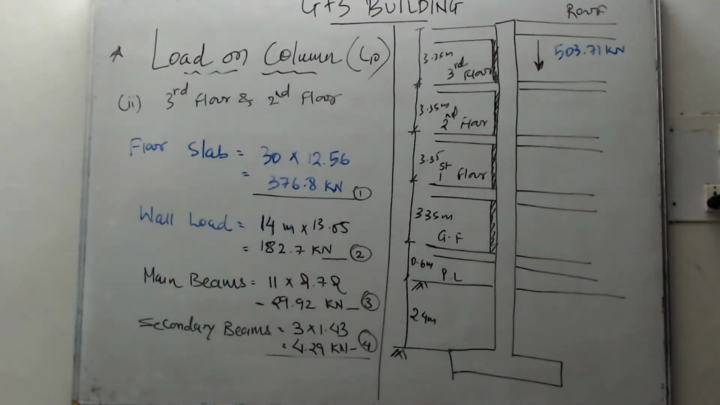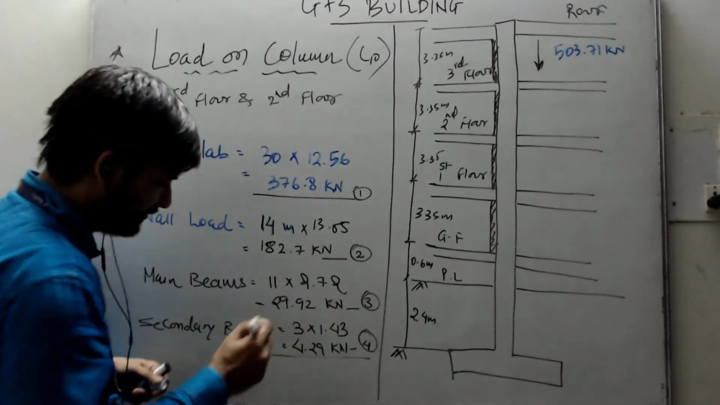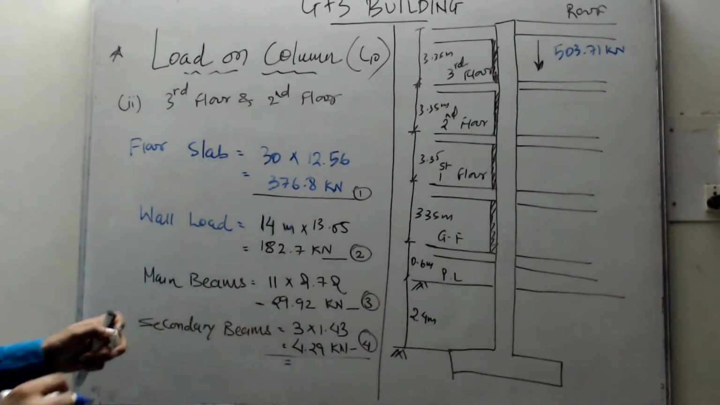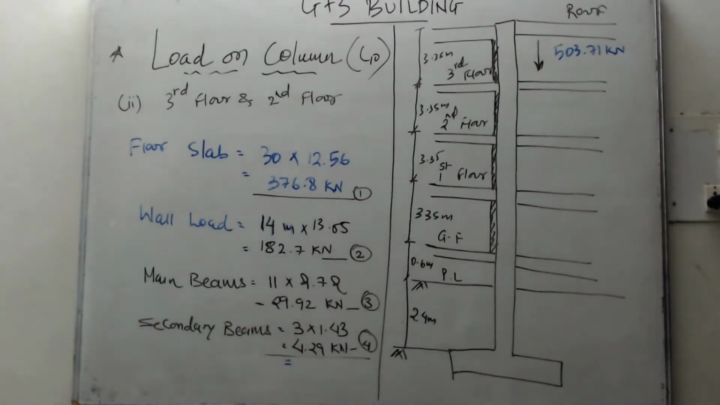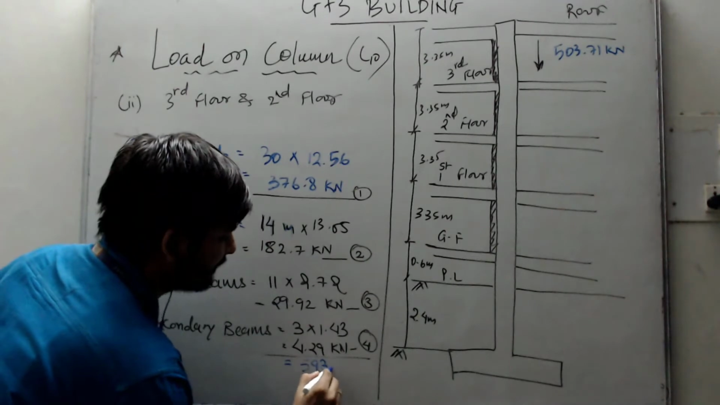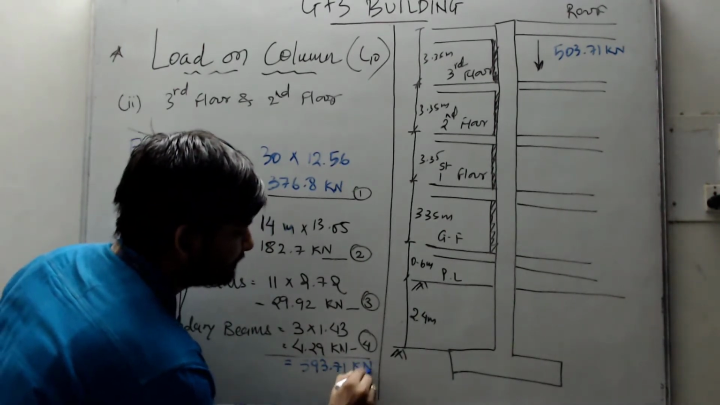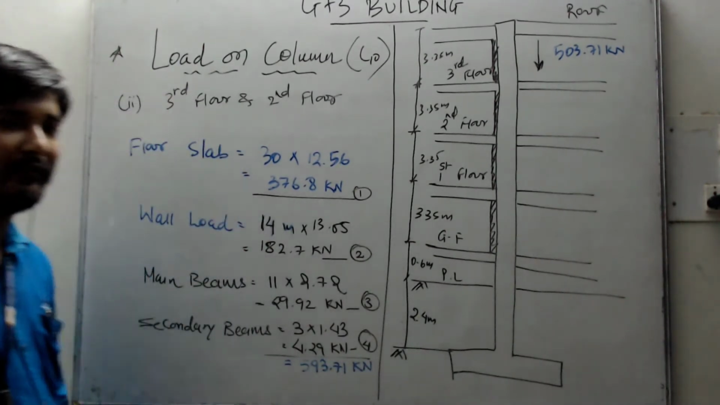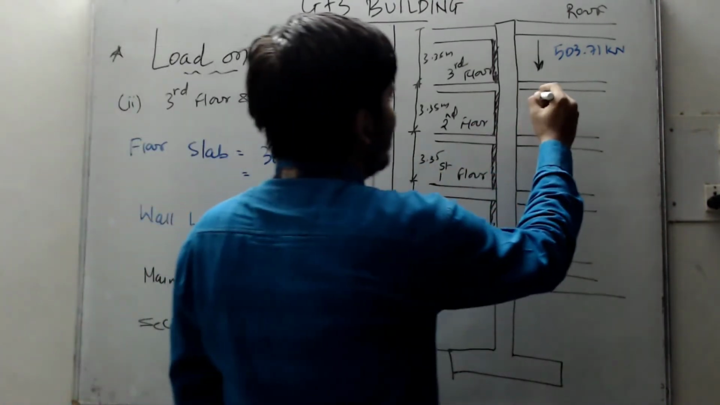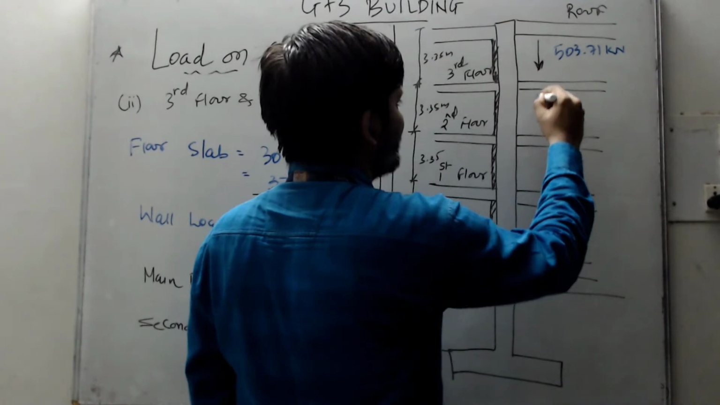So now if you want to calculate the total load, let us first do the summation of all these 4, 1 plus 2 plus 3 plus 4. So I am getting this value as 593.71 kilonewton. Now this is acting at this point here